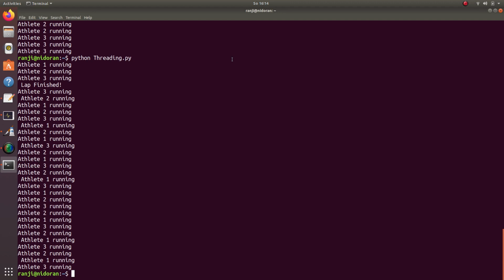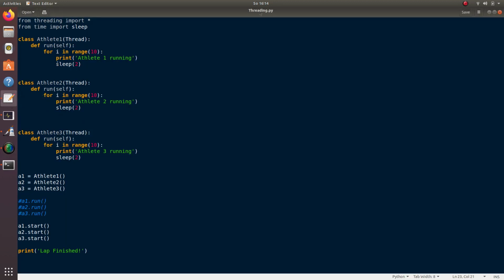So how will we do this? Here what we did is we put a sleep in each of the methods of the athlete class, that is inside the run method.